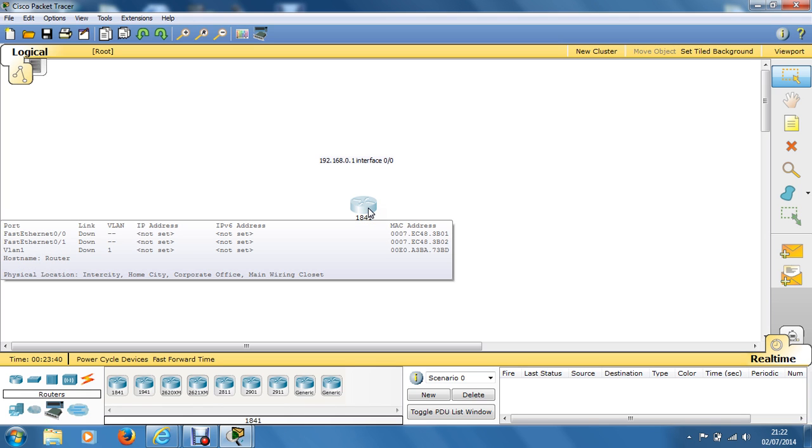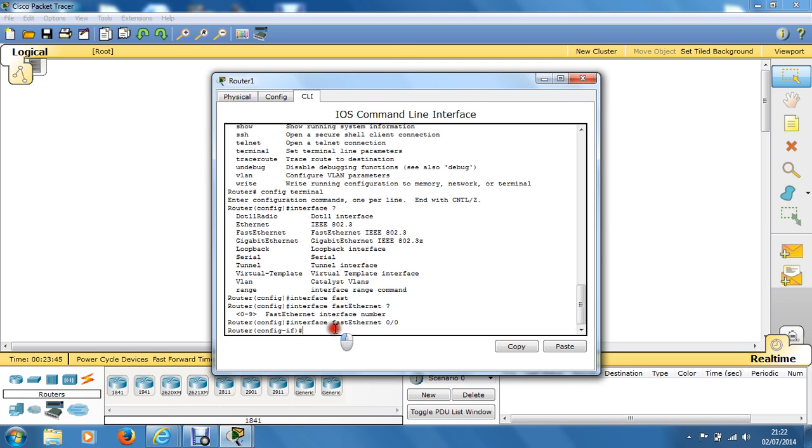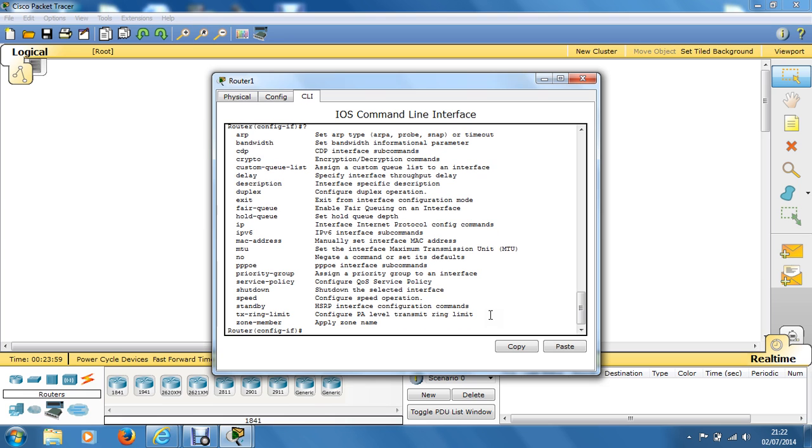If you hover over it, you can see there's no IP address assigned to it just yet. If we go back into the router configuration page, in there we can put the commands. Again, if you're unsure, you can always use the question mark and it gives you a list. Now I'm looking to put in an IP address. If you press enter, it will go down the list and show you any other commands. IP, as you can see here, will allow me to go into interface internet protocol configuration commands. So if I go here and type ip address